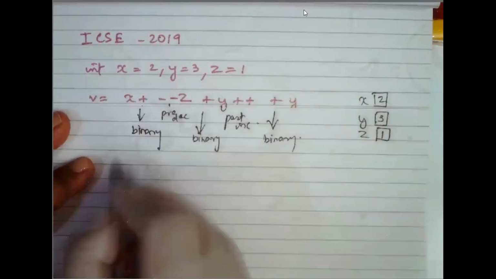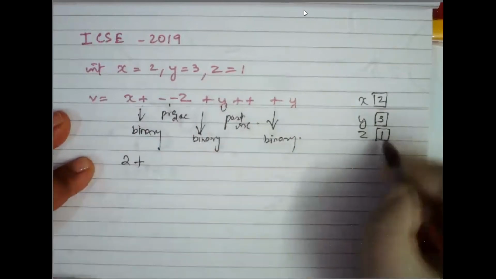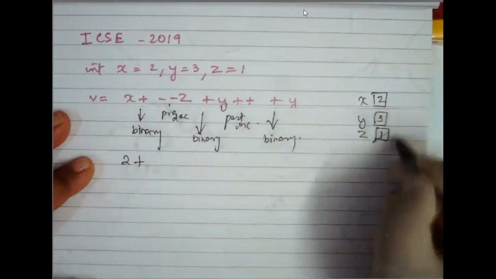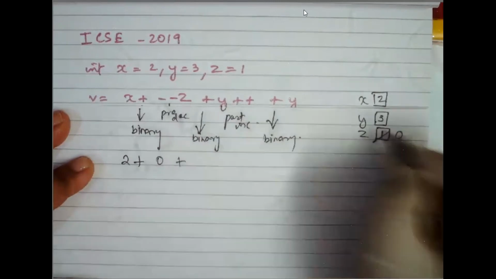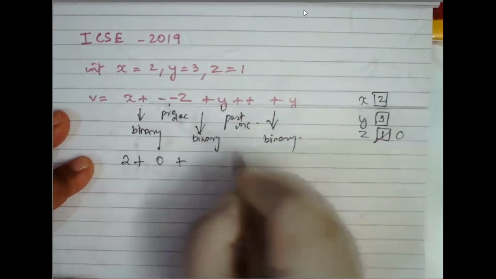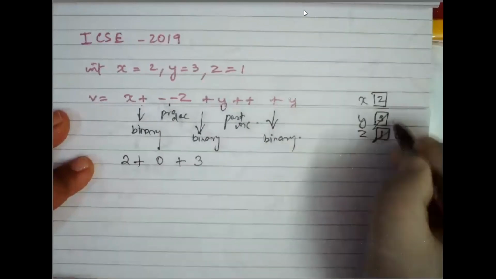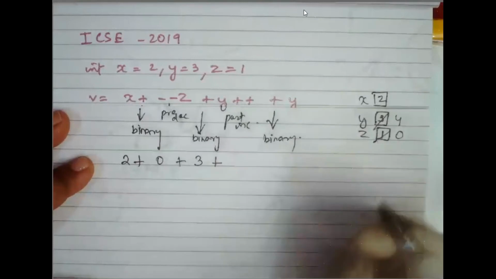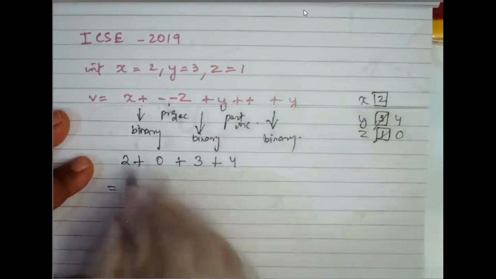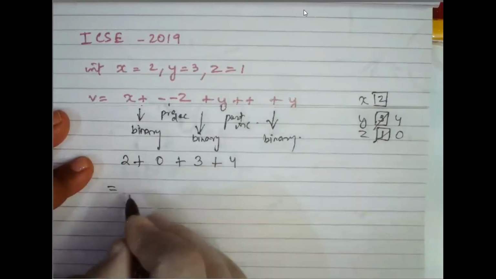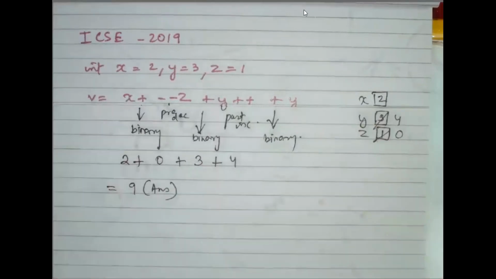So I'll take the initial value of x, that happens to be 2, plus minus minus z. Over here this will first reduce, so it will become 0. Then I'm using the value 0 over here, plus y will now increase. First I will use it because it's post increment. So I'll first use the value 3, then I will increase it to 4. Again then comes my binary plus, and the value now in y is 4. So the result I'll get is 2 plus 0 plus 3 plus 4. That is, the answer for me will be 9. We'll go for one more question.